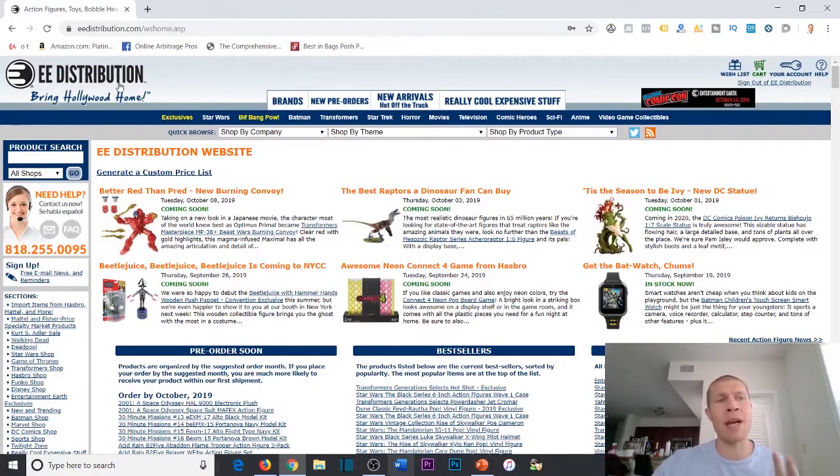Okay, now keep in mind too that when you apply for e-distribution, it is like a wholesale website or a liquidation website, so you do need a wholesale certificate to get accepted. That said, one of the benefits of a site like e-distribution is it's very reputable, and you don't just sign up and get accepted and then they let you source through. You actually go through an orientation phone call, which is anywhere from a half hour to an hour long, where a